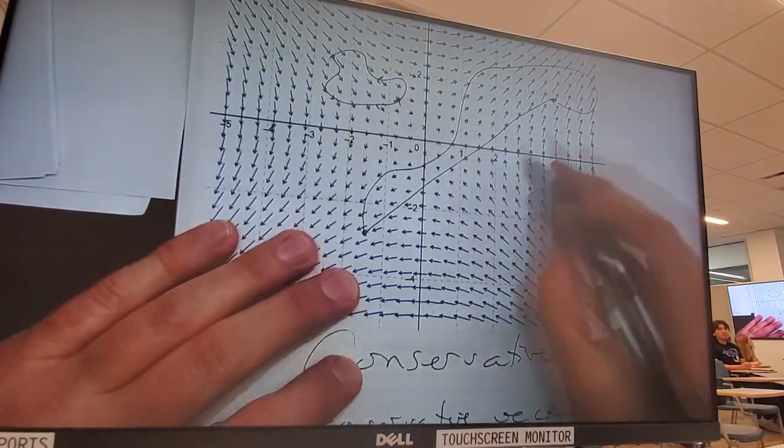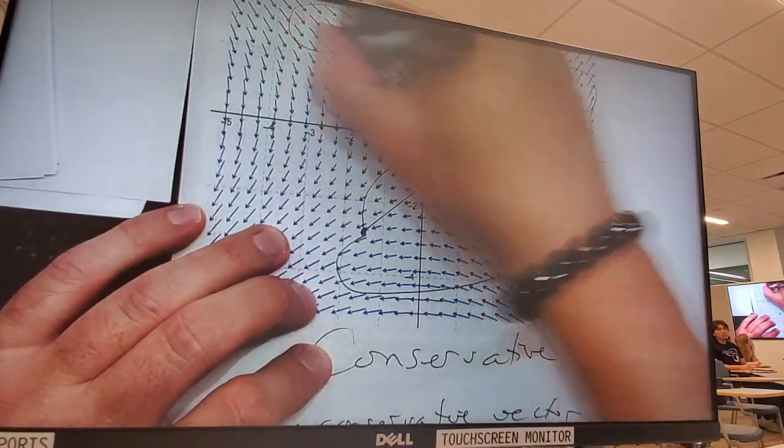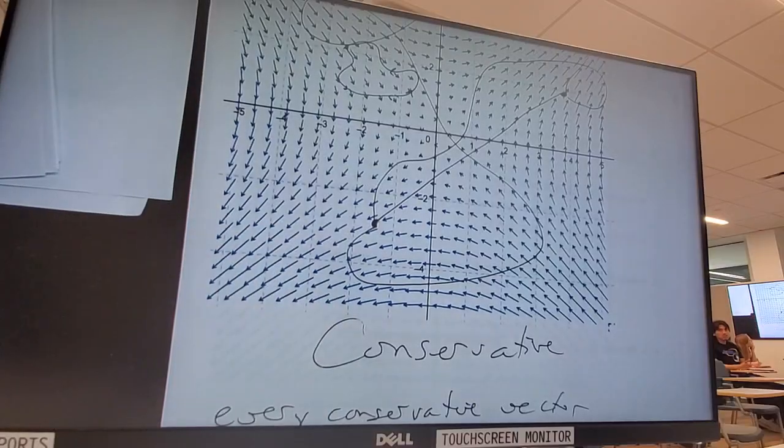Sorry, you didn't see what I was just drawing. If I connect these 2 points in any way I want to, since this is a conservative vector field, I will end up with the same exact answer. The only way you can be guaranteed to be path independent is if you're going through a conservative vector field. That phrase would have made no sense at all if I had said it first thing today. So if you can prove that the vector field is conservative, we have a shortcut as to how to do some calculus to it.